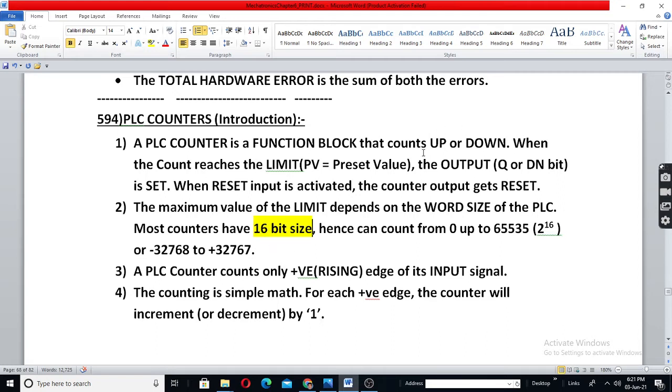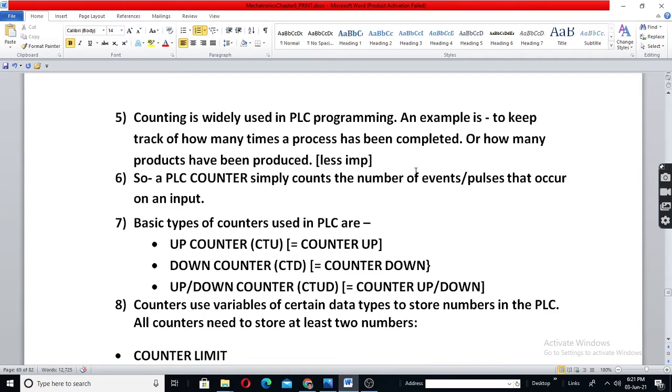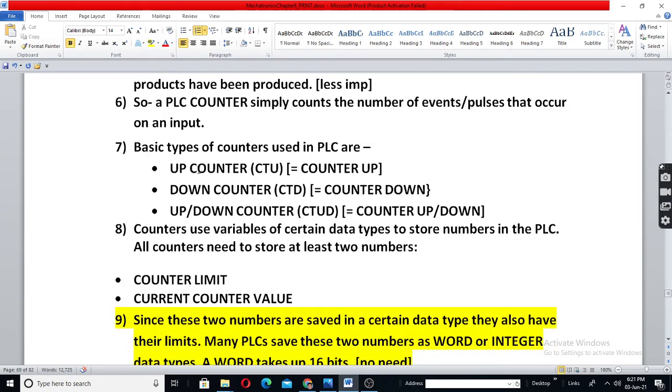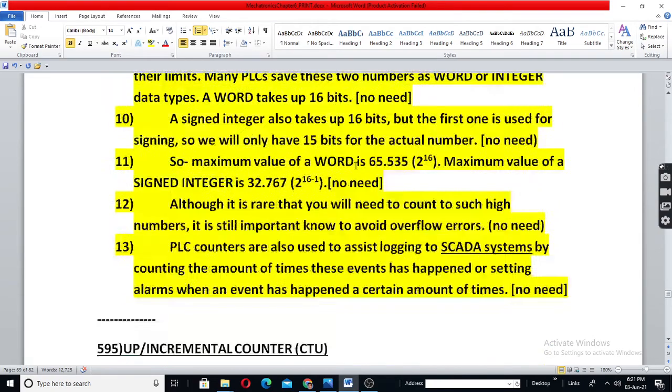You have an up counter, a down counter, as well as an up down counter. All the three. Okay, up or down or up down. So if it is an up counter, for each event, each pulse, it will increment. If it is a down counter, it will decrement. We have many things as data that you will come to know in the next part.